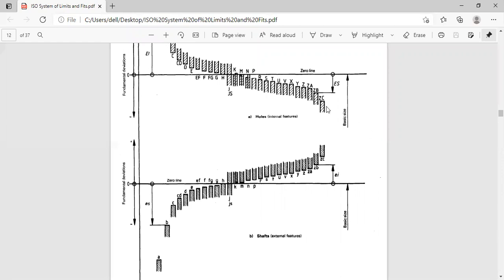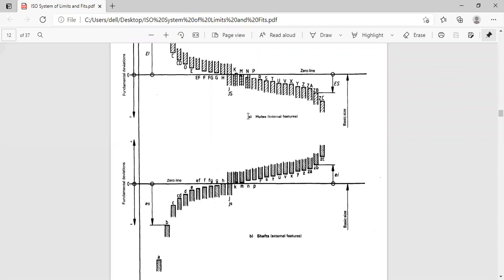So it is opposite of here. Capital JS, small js. Capital JS is in the upper deviation. Here it is in the lower deviation. So you just start from K. You just try to say where is K here in the hole. It is in the upper deviation, but here it is in the lower deviation. So all this are projected.